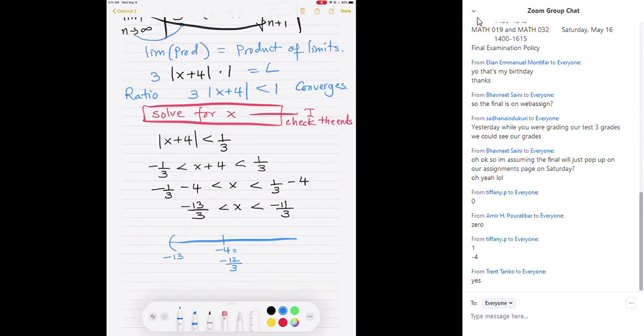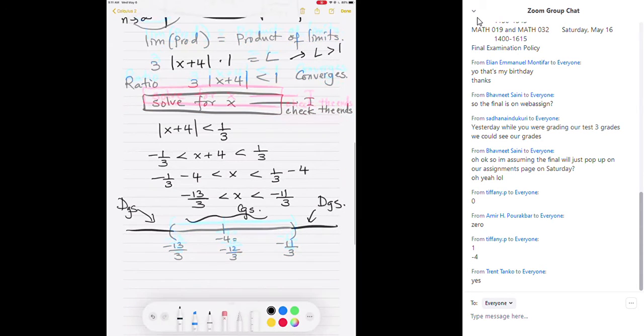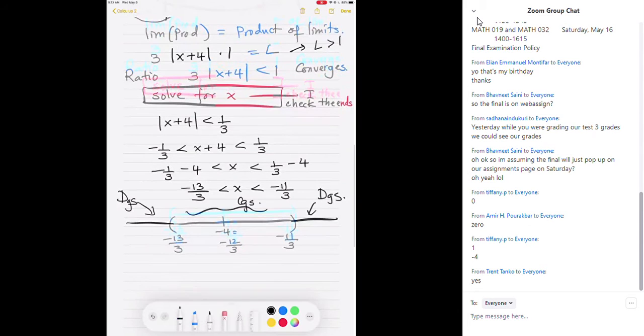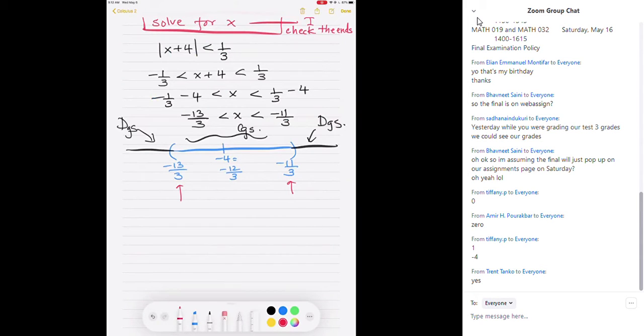You know what happens after this: it diverges. How do I know? Because the ratio test also says if this is greater than 1, it diverges. So I know this diverges and I don't waste time on it. Inside, it converges. So I just want to check the ends, these two. I can't tell you the interval yet, but I should be able to tell you the radius of convergence. Any idea? This is the center. How much are you going away from that center? So the radius of convergence is